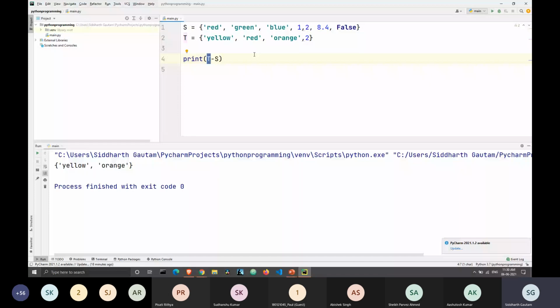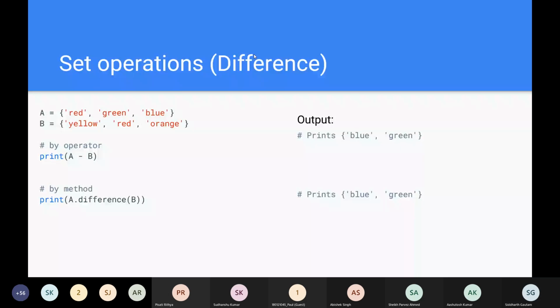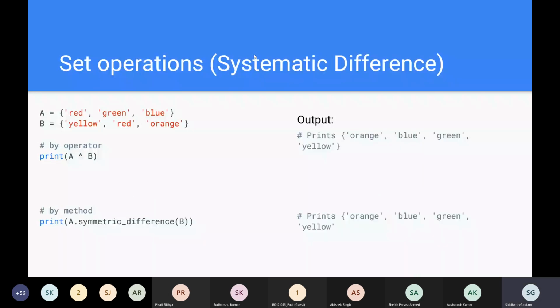Okay, now let's take a look at our final operation, which is symmetric difference. What a symmetric difference is, is that you will take all the elements of A and also all the elements of B, but you will leave out all of the elements which are in both A and B. All the elements which are common will not be counted, and every other element will get counted. So let's take a look at how this functions.